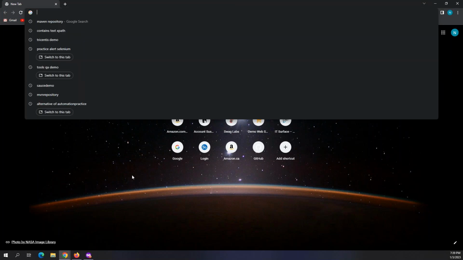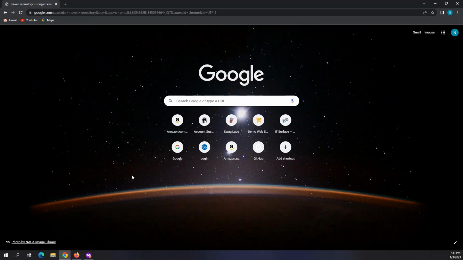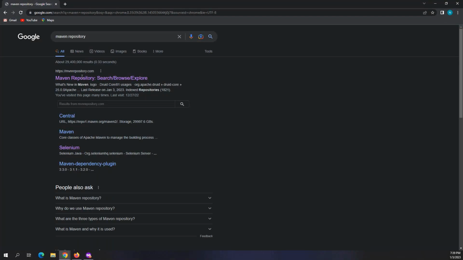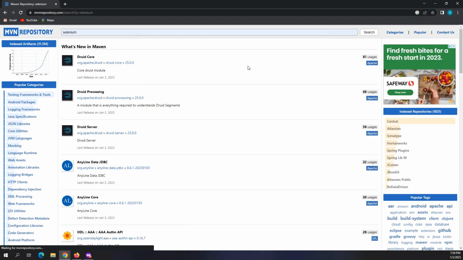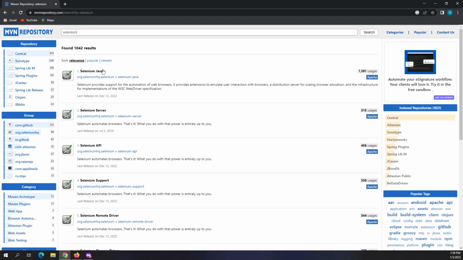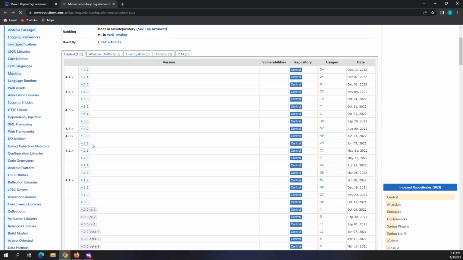Maven. Yes, Maven repository. So when you go to this Maven repository, and you already know this website, right? You need to search for Selenium, then click on search, and it will show you the search results, the Selenium Java, right? Then you go inside the Selenium Java, and I told you to get this version